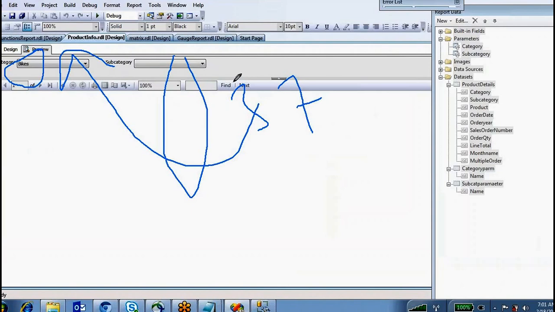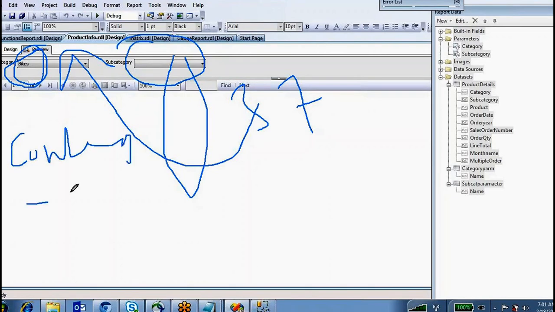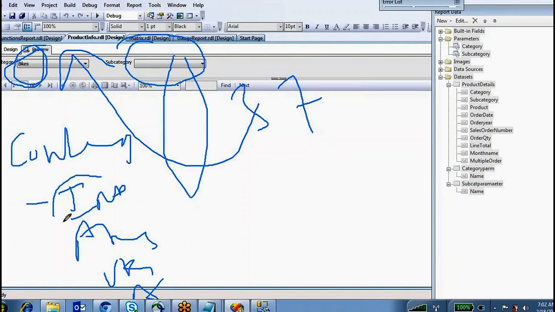So my requirement is I want to cascade these subcategories based on the selection. For example, this parameter is a country parameter. That means you are going to display all names of the countries: India, America, UK, Australia. So whenever you are selecting the country name as India, this is states.